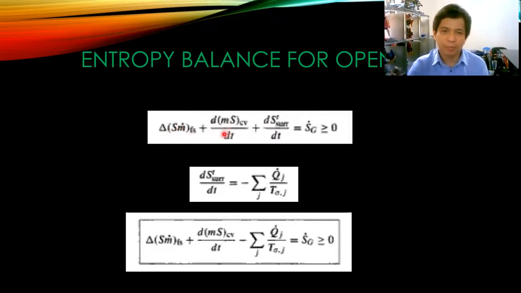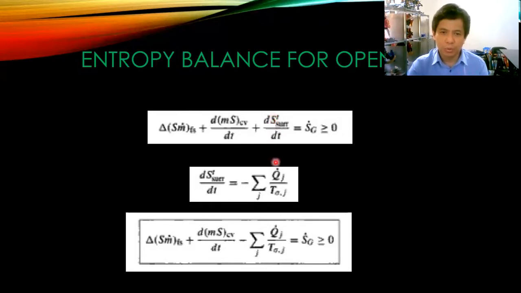And then the second term, dS over dt of the CV. CV stands for control volume. As I mentioned, the control volume is your tank in real life. This is the change in entropy with respect to time in the control volume. When it reaches steady state, this term becomes 0. And then the third term is the change in entropy of the surrounding. Generally, our assumption is that the entropy of the surrounding,